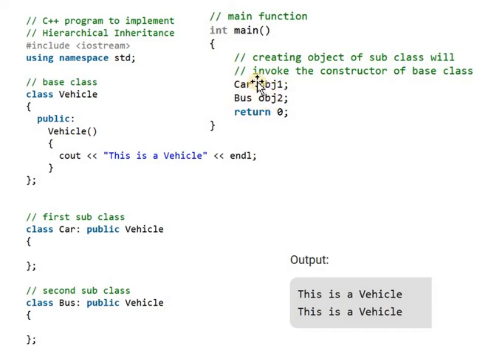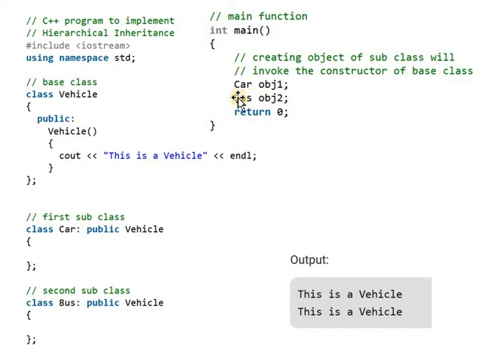That is one object for the class car and another one for the class bus, because in this example car and bus are the two subclasses for the base class vehicle. So here we are creating the objects for both the classes, that is an object for car and an object for bus. Obj1 is an object for the class car and obj2 is an object for bus.